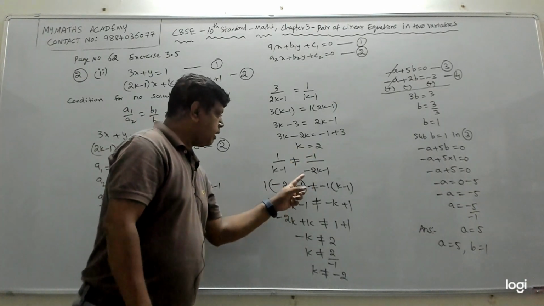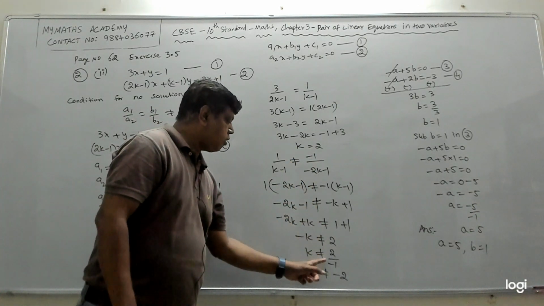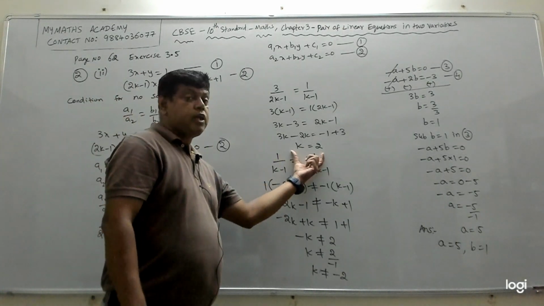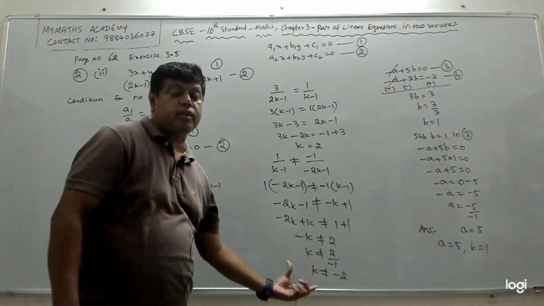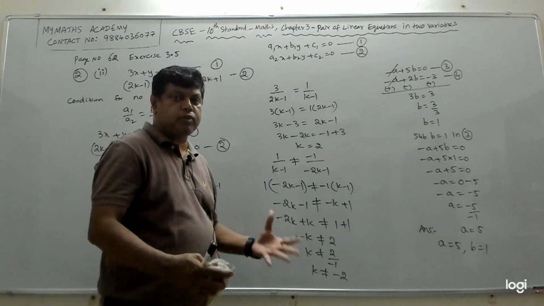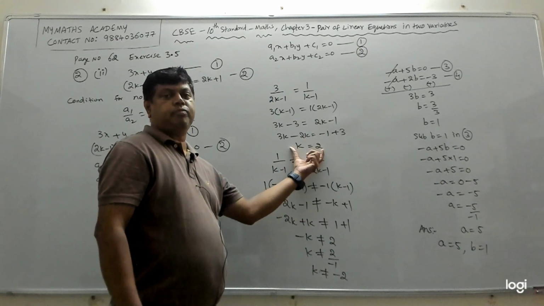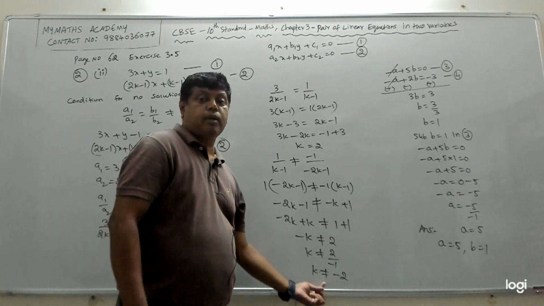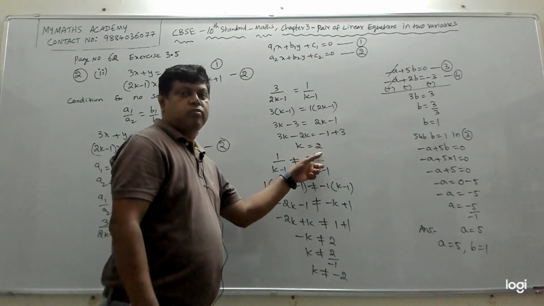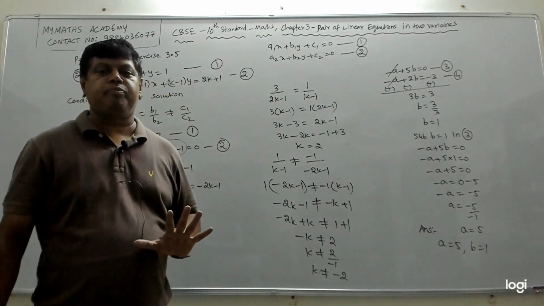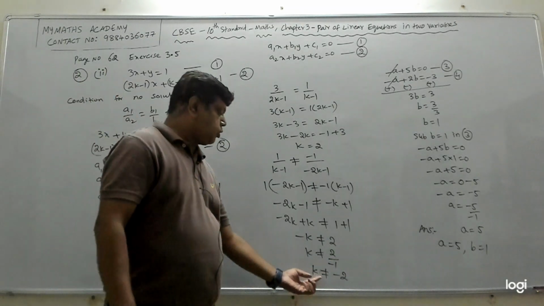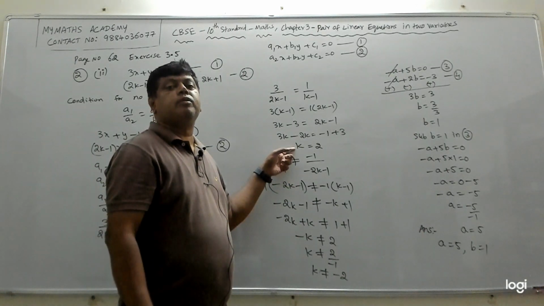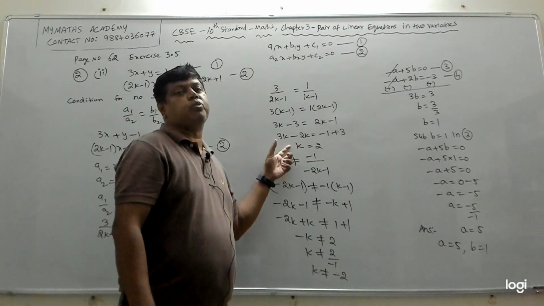It is the same way you solve the equation, you have to put not equal to. So k should not be equal to minus 2. So here it says k equal to 2 and here it says k is not equal to minus 2. So which means what is the value? K equal to 2 is the value. Here k comes as not equal to minus 2, which means k can be any value other than minus 2. But this says k should be 2. So the value of k should be 2.